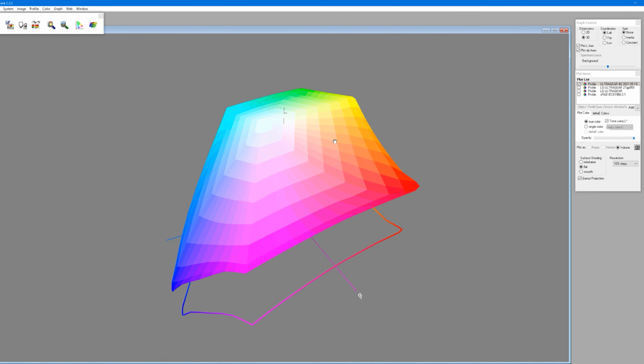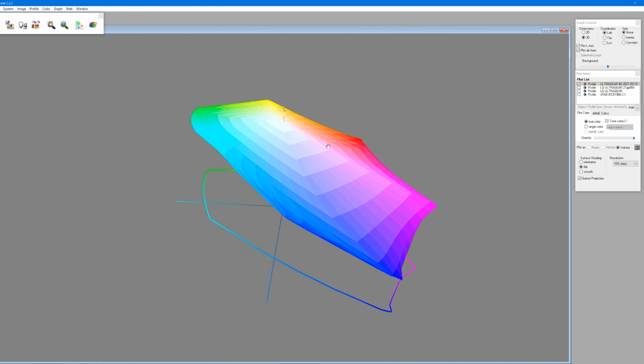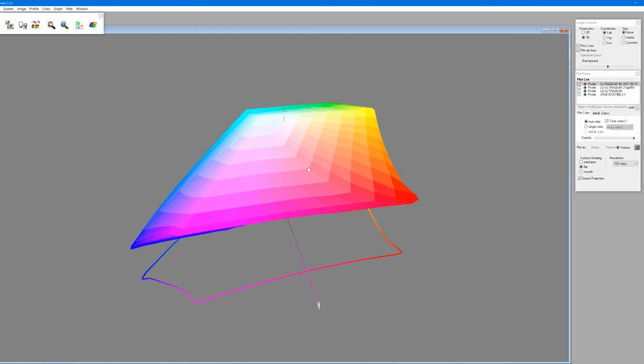All right, so I'm in a program that's for analyzing and viewing color spaces and color profiles. If you're wondering, it's called ColorThink, but it's kind of expensive. It's not free. Anyway, I'm going to show you why it's probably better to get an actual third-party color profile that's custom made for your monitor as opposed to just downloading the manufacturer one, which is probably going to be somewhat generic. So this is the color profile that I made myself with my own colorimeter.